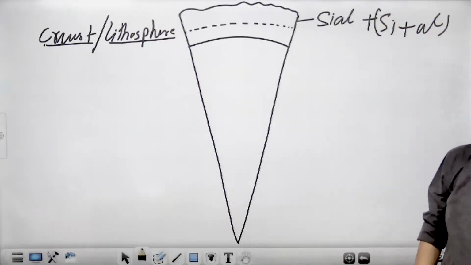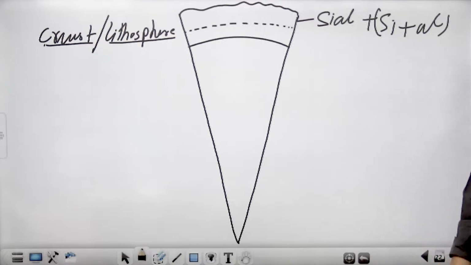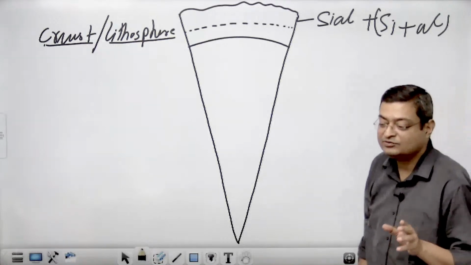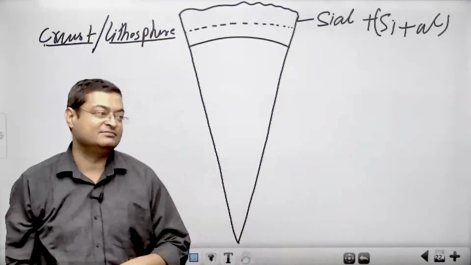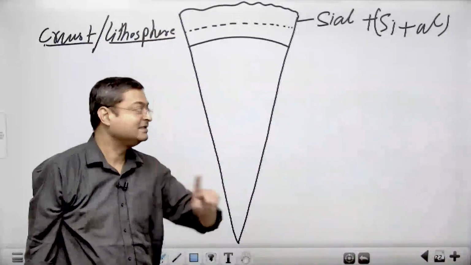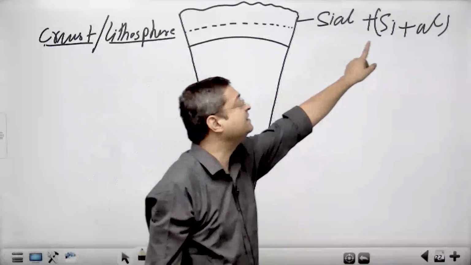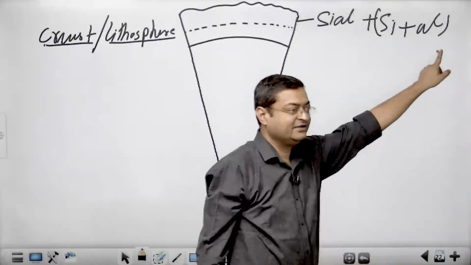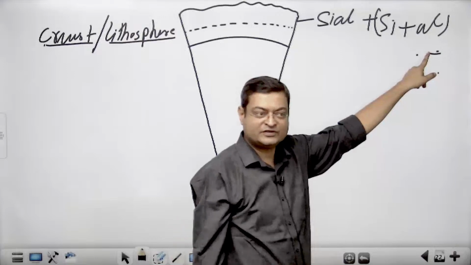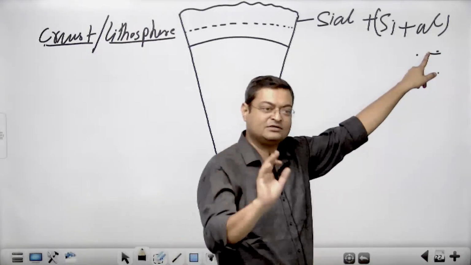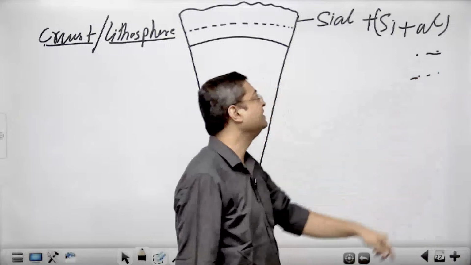One of the basic questions which is not asked in UPSC, but is a very prominent question in your state services, is: which metal is most prominent in the earth's crust? It is aluminum. What is sial? It is silica plus aluminum. The answer will be aluminum. And obviously, if you are going for your state services, वहाँ पे question बहुत frequent है, ठीक है.